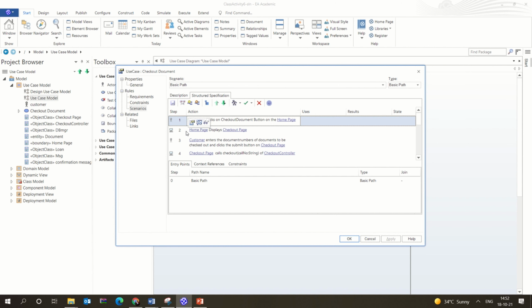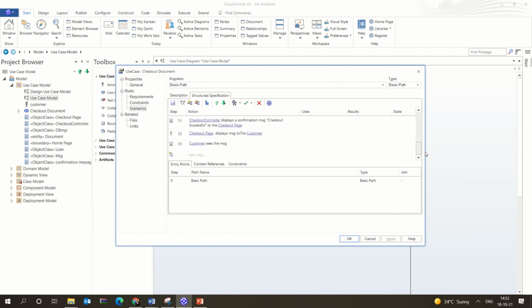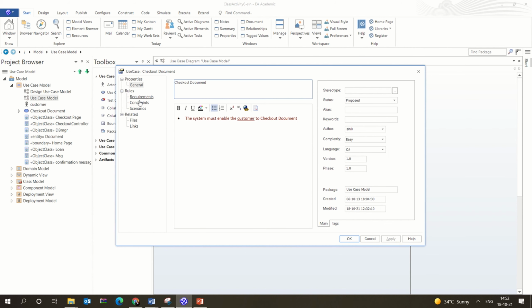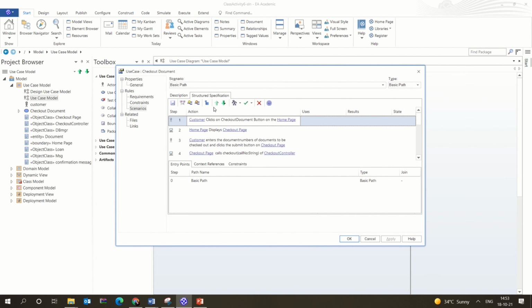So what we have done is that, here, when you click on this, you can actually generate a new scenario. The scenarios are nothing but the set of statements which will help you to understand how this whole scenario works. So here in the use case diagram we have just one checkout document, and in the checkout document when you go to the scenarios you can add scenarios.